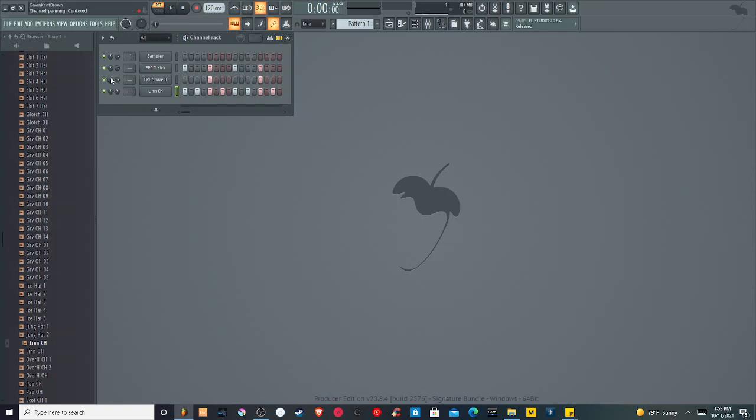The knob on the left is the pan, which makes it so that when you're using stereo speakers, you're either panning all the way to the left or all the way to the right. You can drag it back to the center. You'll see that it kind of turns white when you're centered, so you know you're right back in the middle. So if I play it, and it's best if you have headphones or good speakers, you won't notice a difference on a smartphone. But if I hit play and pan it left and right,